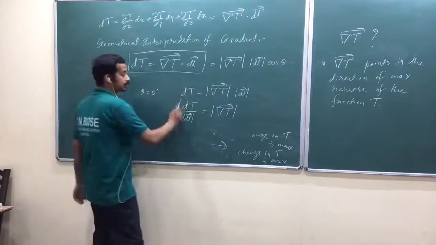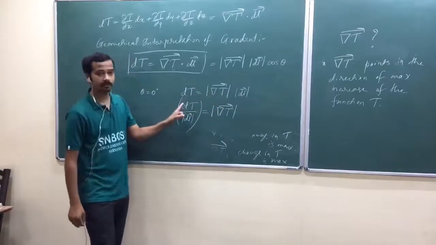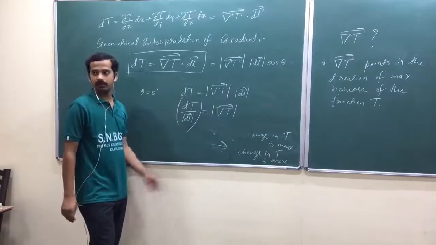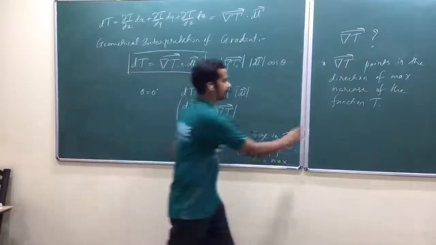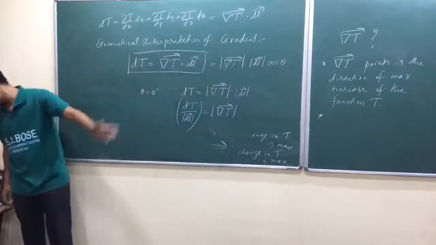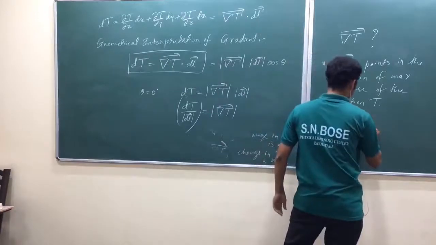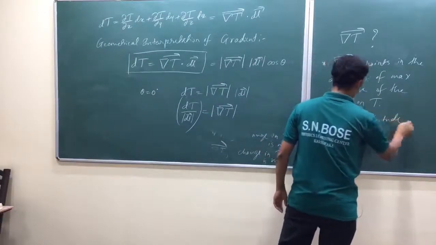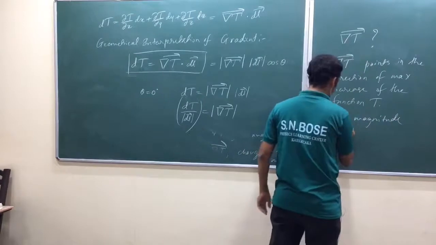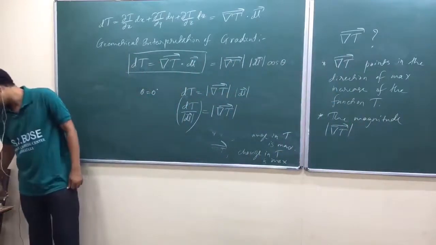So maximum rate of change of temperature, because when we take theta equal to 0, change in temperature was maximum. Okay. So what is the next interpretation? So mod of gradient of T. So can you just write the magnitude, mod of gradient of T, the magnitude gives the